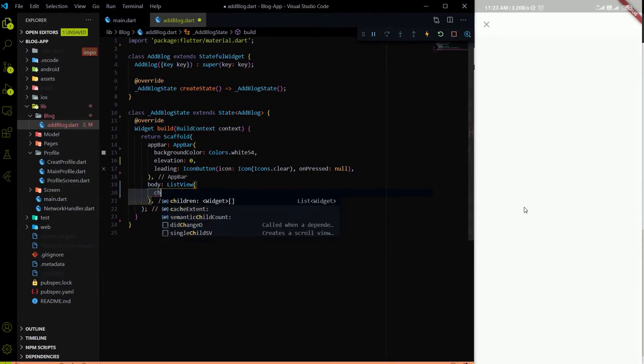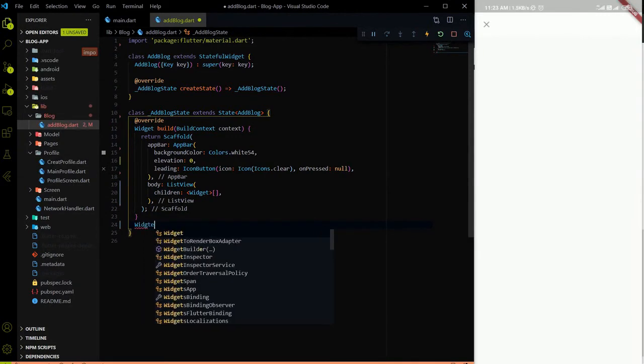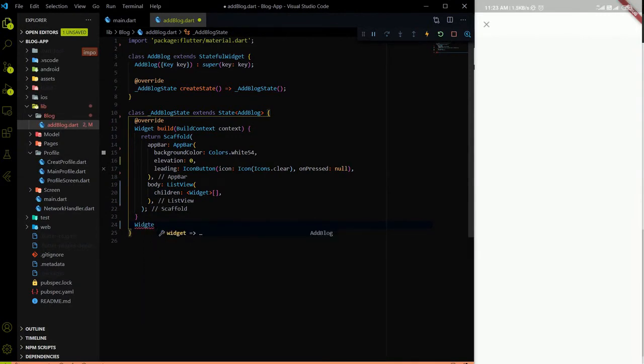Inside the list view we have a children property, and now I will create a new method which will return a text form field, just as we did on the other profile page. For creating a text form field I create a new method which returns a text form field. So let me return a title